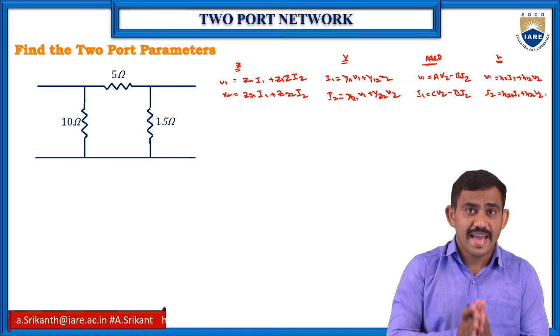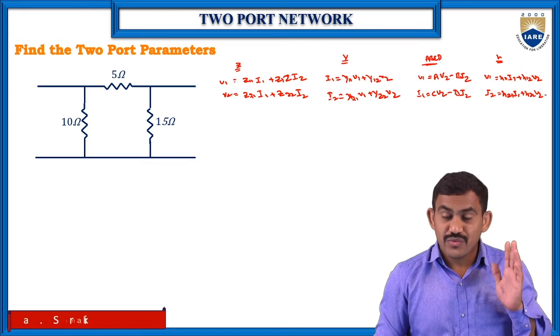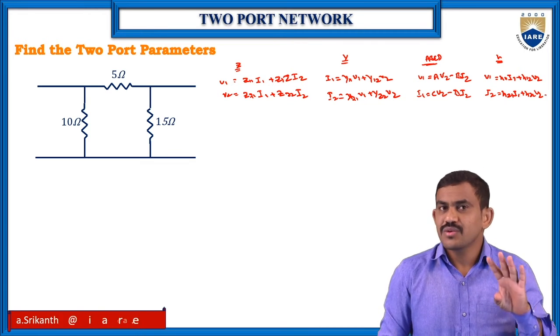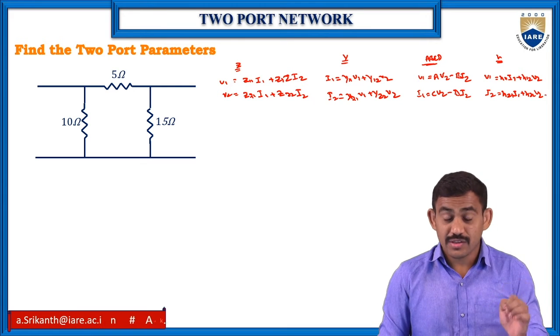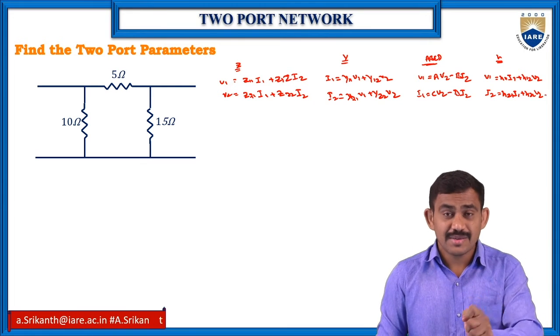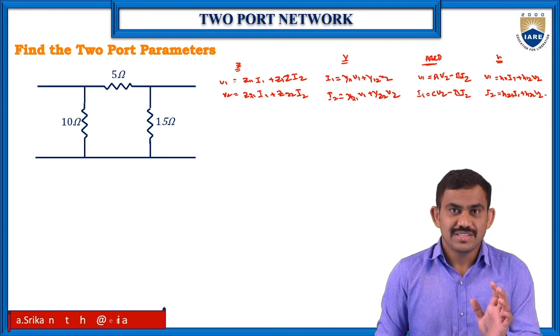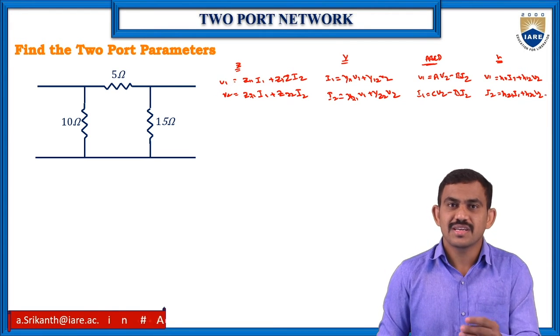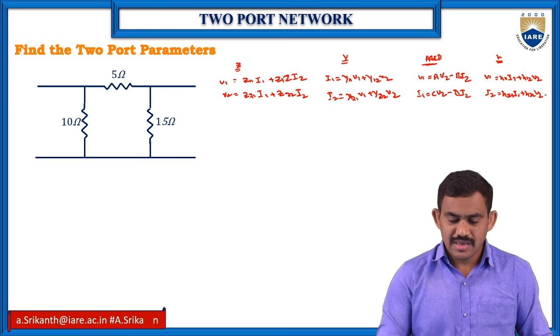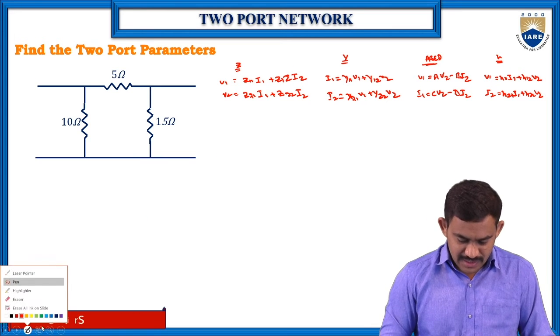Now which conditions do we have? Generally, if you want to find the 4 parameters at a time, we need 4 conditions. If you know the 4 conditions, we'll get the answers. So what are the 4 conditions? The first one is